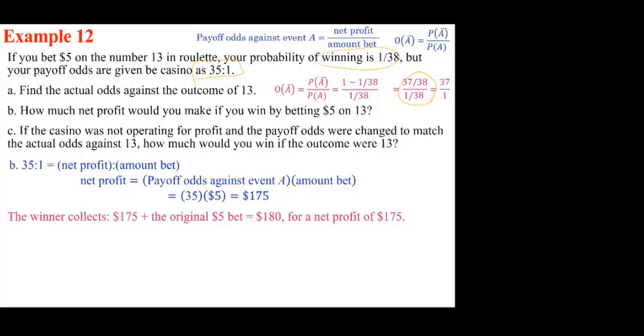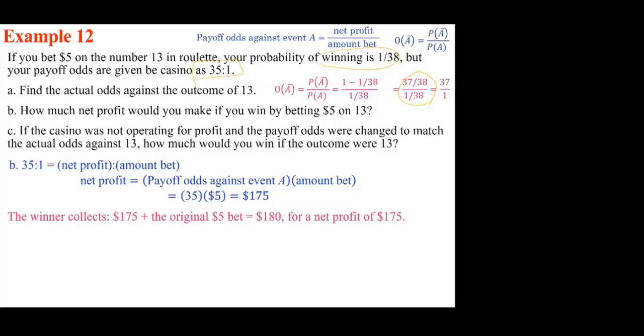If you break even, they don't touch your bet. If you lose, they take away your bet. If you win, your bet is intact, and then they give you $175. That means you keep your own money, okay? So it is your net profit, which is 175. This is something that I've seen students sometimes making a mistake with, so be very careful with that.